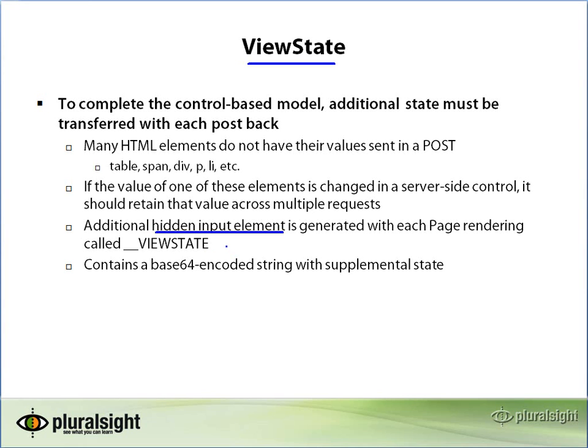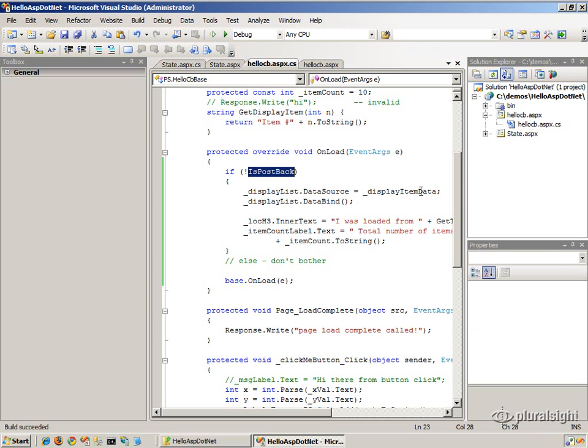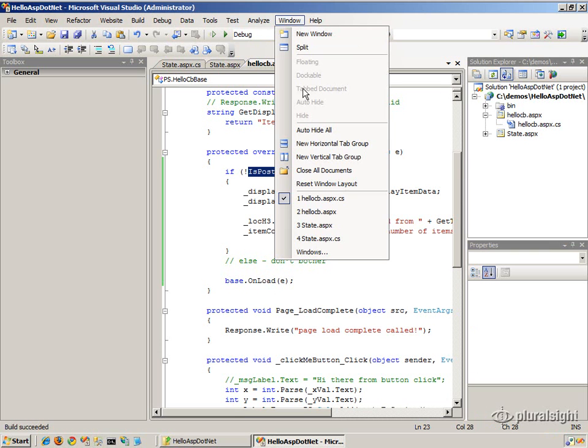So it's basically just a codification of that hidden field state retention mechanism into a more generic mechanism, which still relies on the hidden field, but the controls themselves will take care of populating that hidden field. And when you take a look at it, you'll notice that it is a base64 encoded string that's going to be storing that state. So to show you this, I thought I would start off with a small example here,